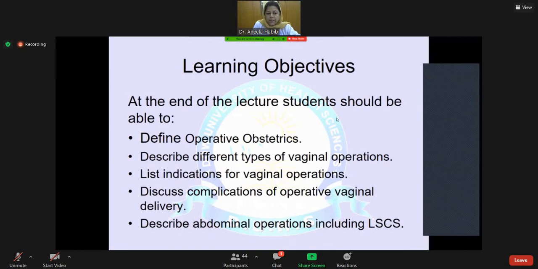Operative obstetrics means you need to help with some instrumental delivery, and that may be forceps delivery, that may be vacuum delivery, and that may be the breech extraction, and sometimes the lower segment cesarean section. Okay,